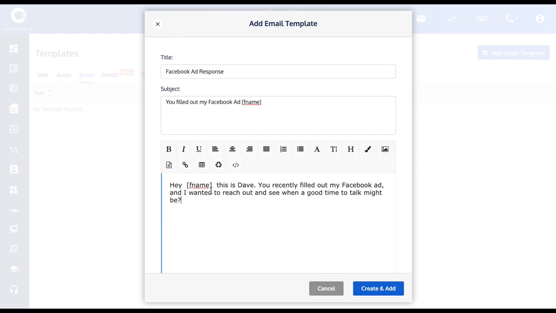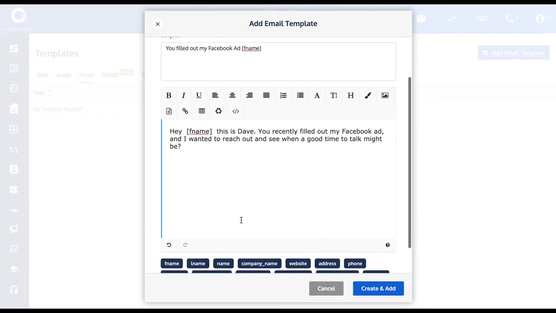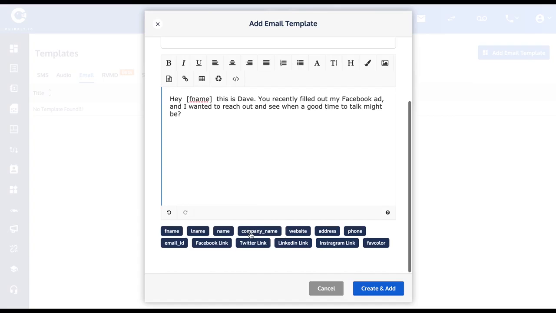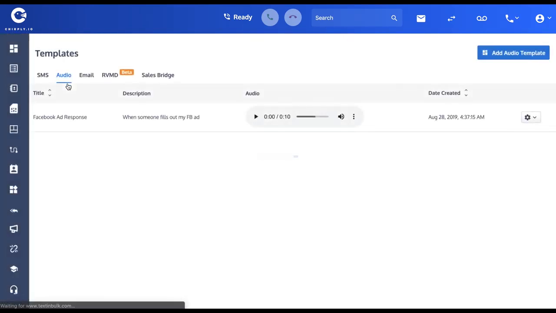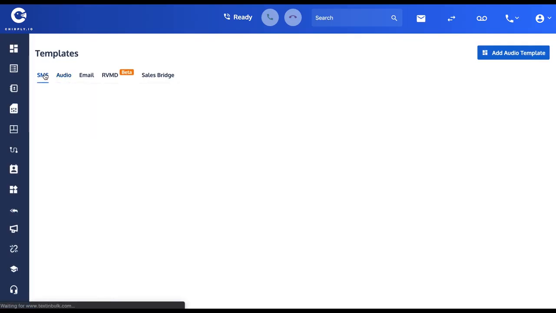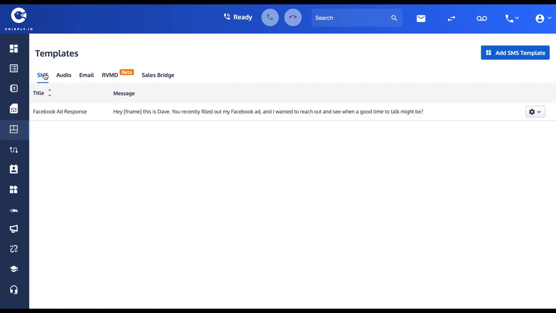And I will paste my previously typed info there. But here are all of your different keywords available to you. So if I wanted to say, hey, F name, it's Dave, you recently filled out my Facebook ad and I wanted to reach out and see when a good time to talk might be. Create and add that, and it will appear in the list. So now we've got an email template, an audio recording, an SMS template